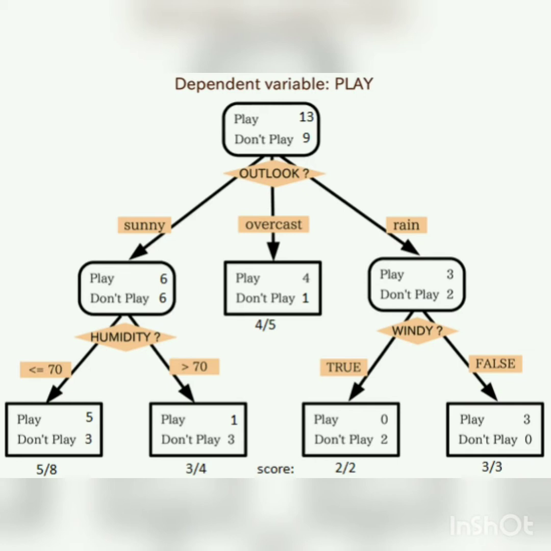In this algorithm, we split the population into two or more homogeneous sets. This is done based on the most significant attributes or independent variables to make as distinct groups as possible. For more details, you can also read up with a Google search, like what is meant by decision tree, what is meant by classification algorithms, and what are categorical and continuous variables, etc.